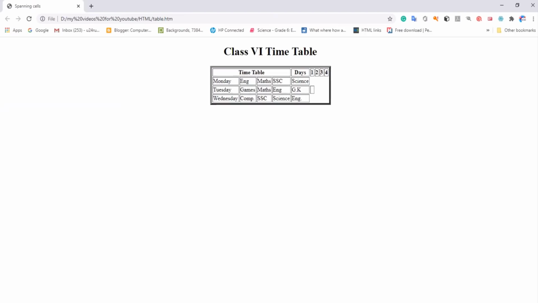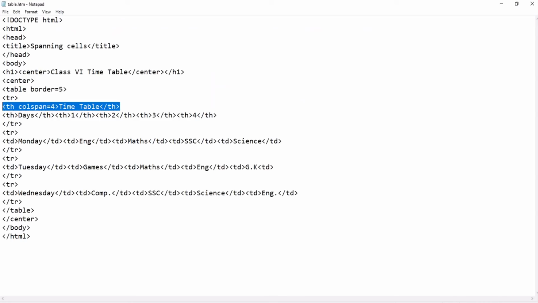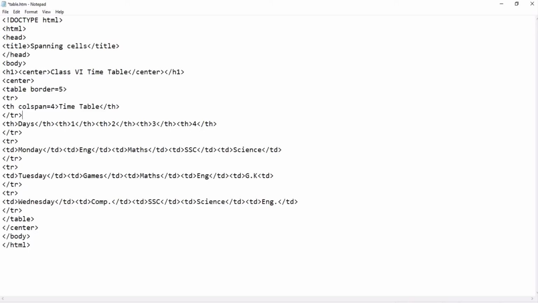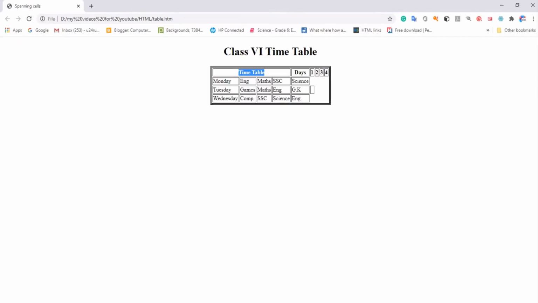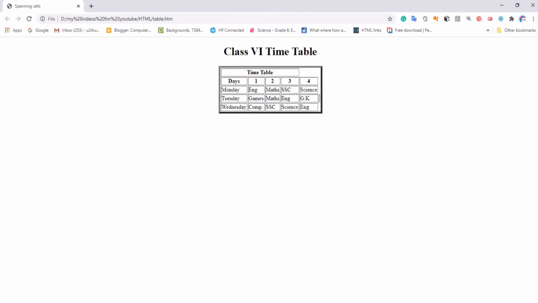So you have seen here how it has merged the cells. But why has it shifted this now? I did not close this. Control S, refresh. Yes, now you can see, I have written colspan 4.